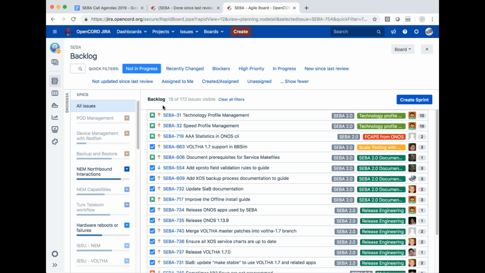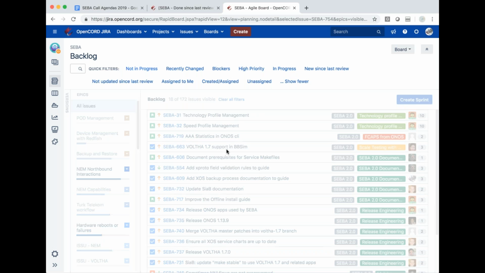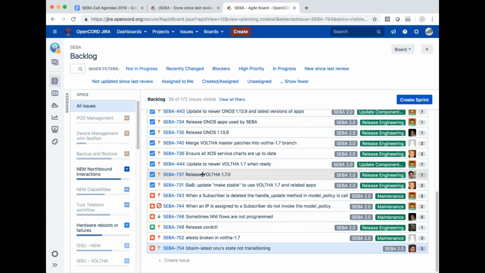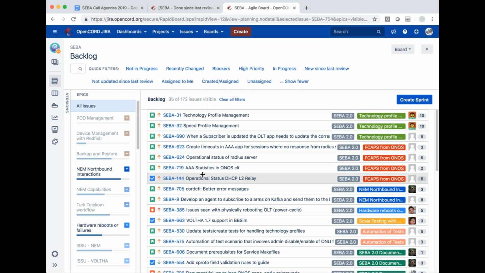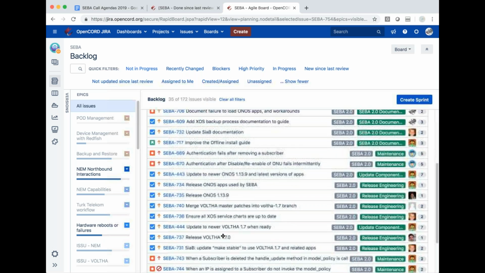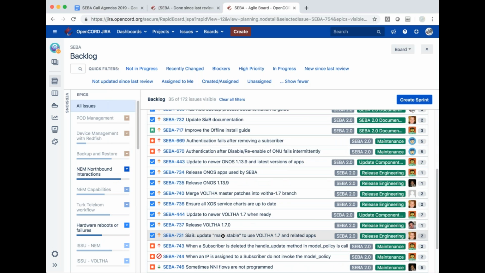Okay. Well, this looks pretty good. We have 18 issues that aren't in progress, out of a total of about 35 issues. Most of these look like they're in some state of being done, or they're trivial release issues. Do we have any other things from the QA side that we need to do prior to release, once everything has been tagged and incremented and that sort of thing?